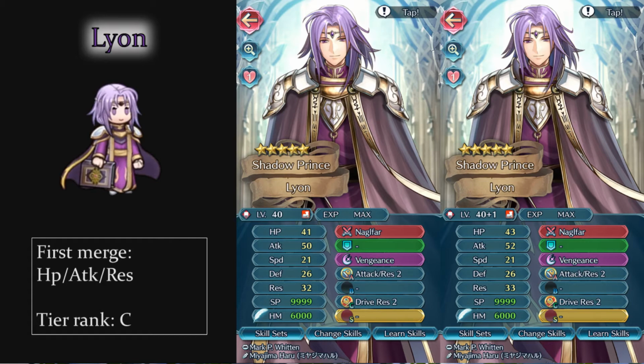His kit is dated because, of course, he came out a little while ago. Attack Res 2 is okay. It's better as a seal, since you've got so many options for your A slot. Vengeance is common, and Drive Res is relatively common too. I think you can get it on a 4-star Soleil, so he doesn't really have anything for fodder, which might